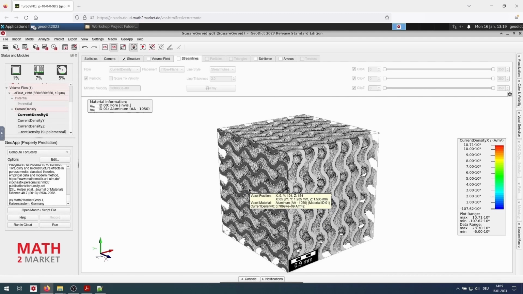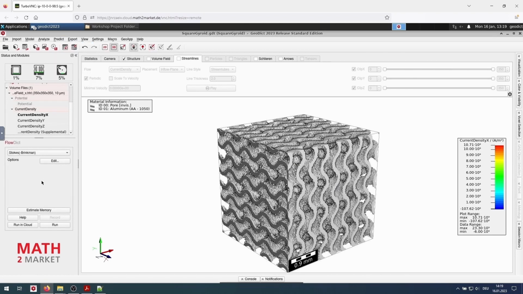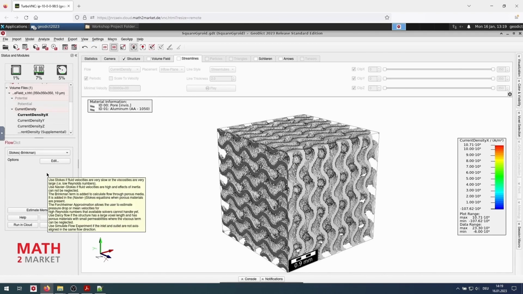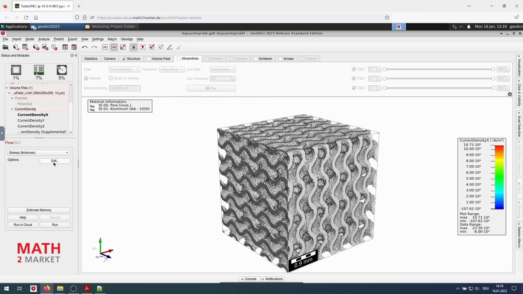and we now head to the permeability simulation. For that, we go to Predict and select FlowDict. We now do a fluid flow simulation, which gives as a result also the permeability of the structure. We click Edit.